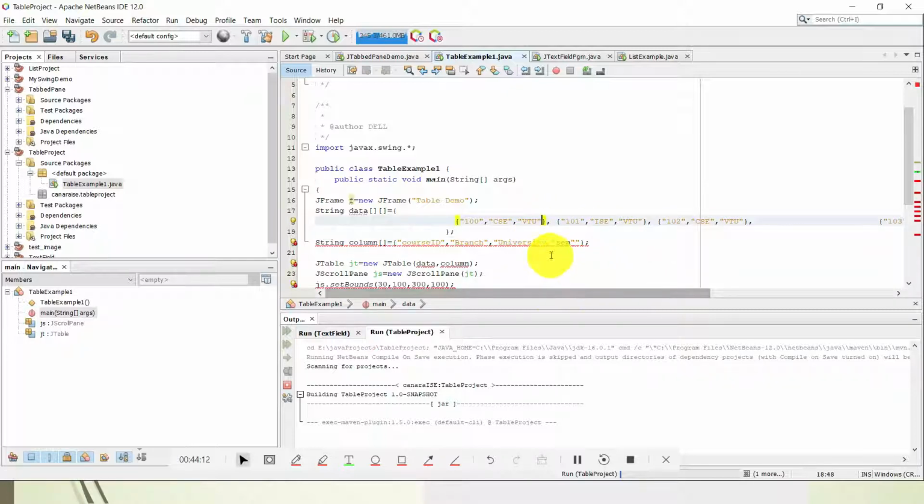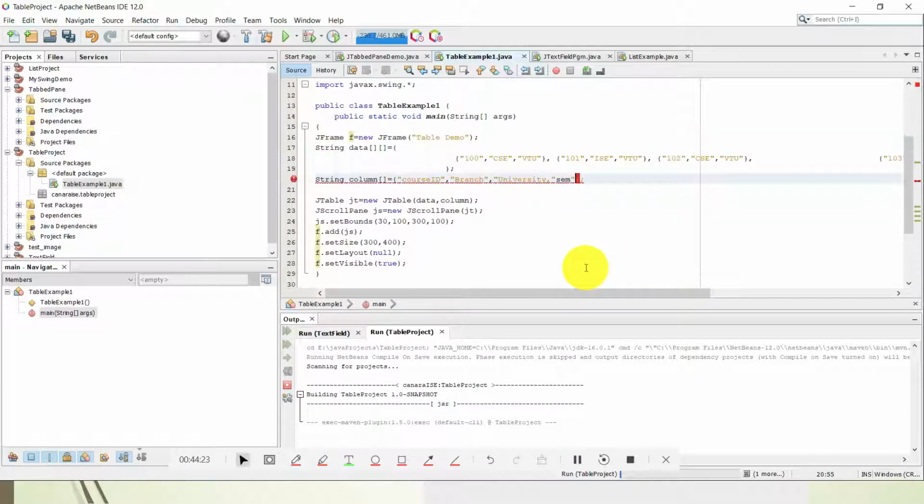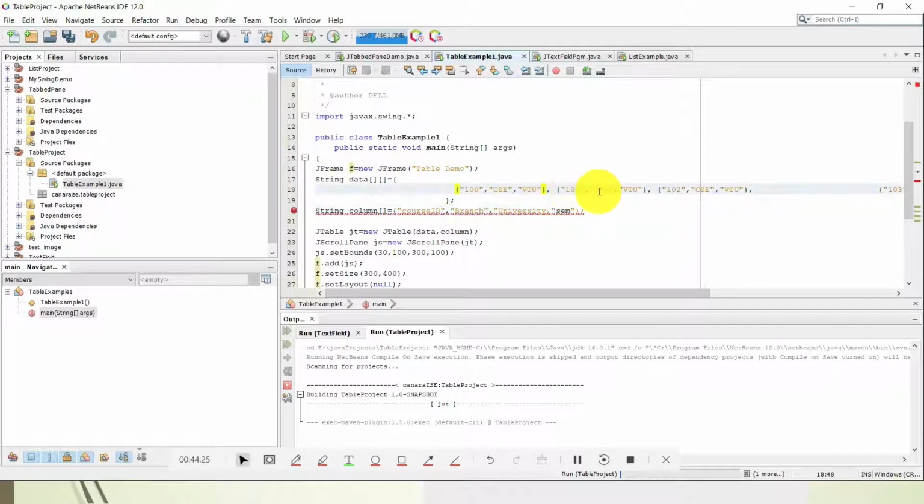Now since I've added a column there, I need to add the sem everywhere, otherwise you will have an error. So let me add this column everywhere. I'll just give it as 4. So let us do that. Yeah, let me change that also. I'll give 6 here. And wait, where are our other columns, the rows?